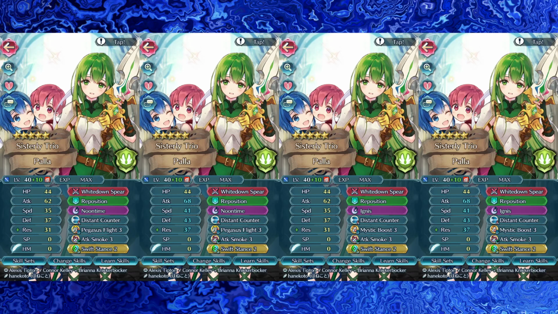So you're looking at 72 attack. If you have something like Brave Lucina backing you up, because you have Swift Stance, I would strongly recommend going triple or double Drive Attack. So you have +9 attack, effectively putting you at 81 attack, which makes it more consistent for Noontime to keep your HP high. If you're talking about the set on the right,